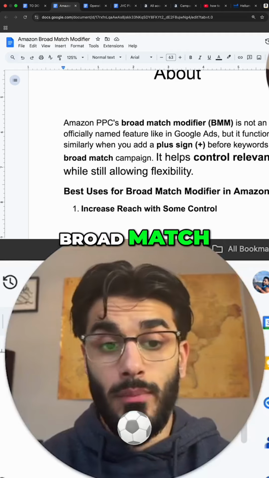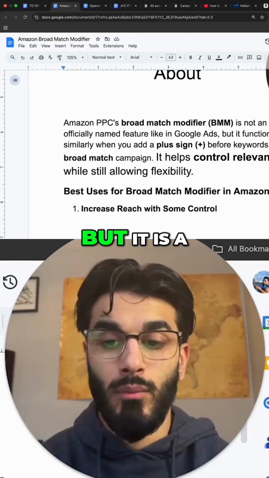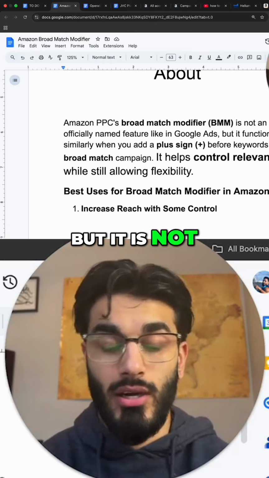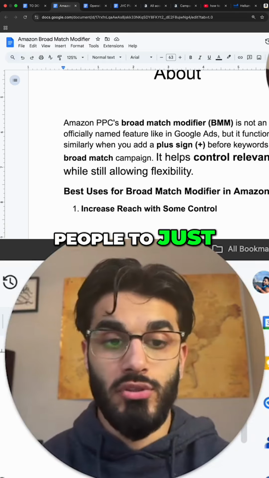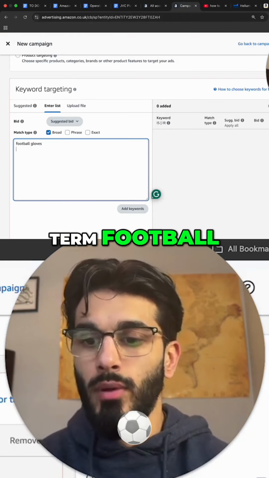What exactly is the Broad Match Modifier? Well, this is a tool or feature that's typically used in Google Ads, but it is a part of PPC, but it is not just out there for people to just click regularly. So pretty much what it is, if I go back to campaigns, if we're using the term football gloves, and